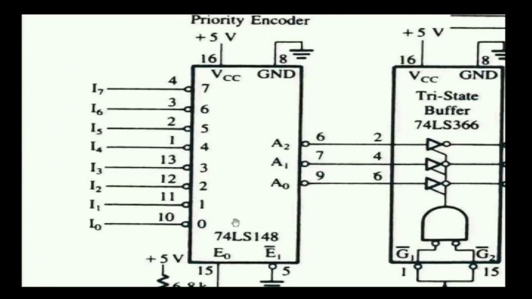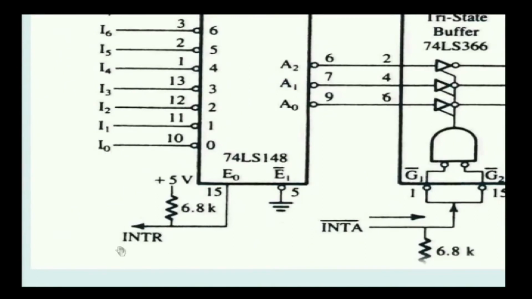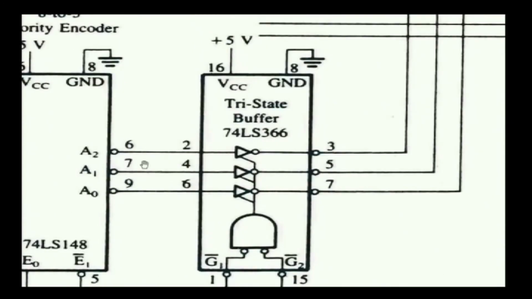If any one of the signals is low, it automatically sends the INTR signal, which is connected to the processor. Then the processor completes its current work and sends the interrupt acknowledgement signal. This interrupt acknowledgement signal is connected to the enabling signal of the buffer. Once the processor sends the INTA signal, the next step is to calculate the RST address, so this buffer will be enabled. Once it is enabled, whatever the input is simply passes to the output; that is the buffer's work.